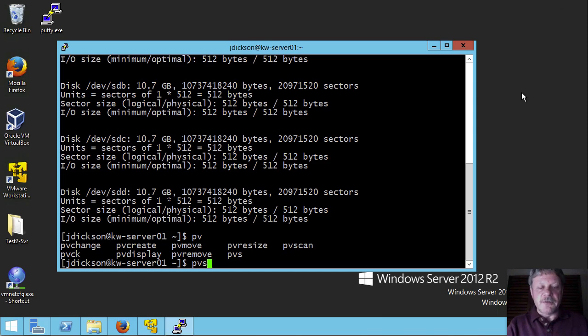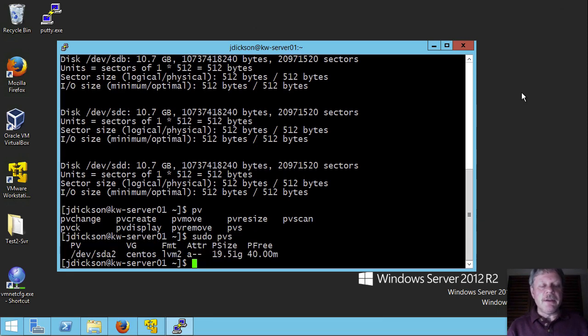So I'm going to do pvs first, and I'm going to have to sudo this, again, because I'm not logged on as the root. And we can see that right now we have 1 physical volume. That's /dev/sda2. We want to create physical volumes out of sdb, sdc, and sdd, those 3 disks that we added in. So as you can probably guess, out of all the PV commands, pvcreate is going to allow us to create that volume. So I'm going to do sudo and then pvcreate